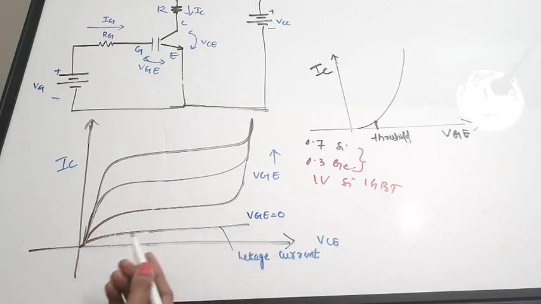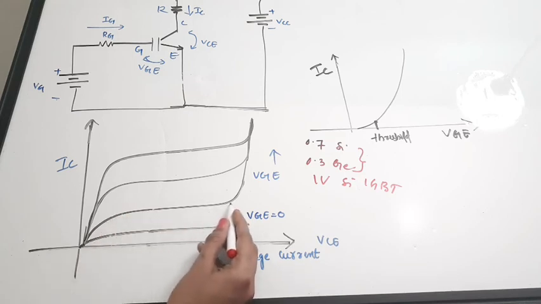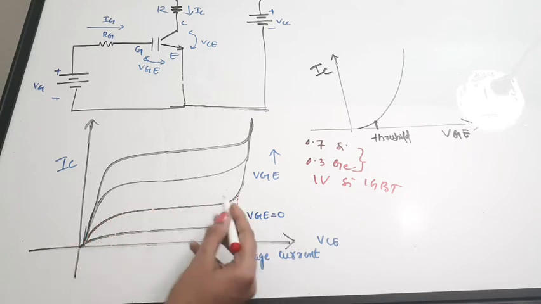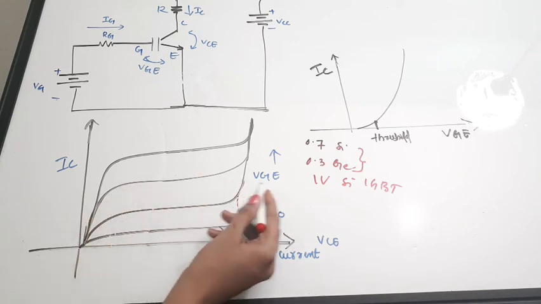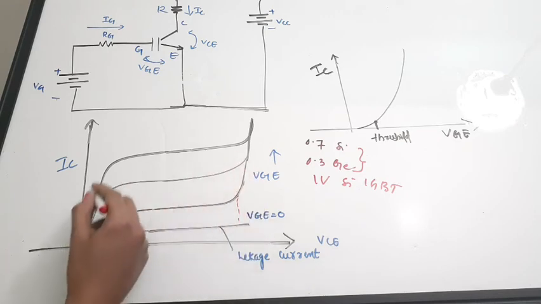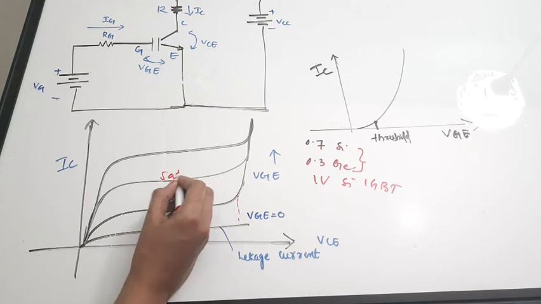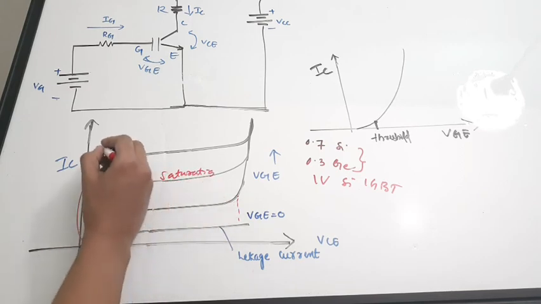But just like for a transistor, after a point, the current will go to a steady value for the voltage. Okay, this portion will be flat. Here the current is steady. Here also the current is initially increasing when we are increasing the VG, and then the current will settle down at a particular value. Here also the same. So this portion is called the saturation portion, and this is called the linear region.